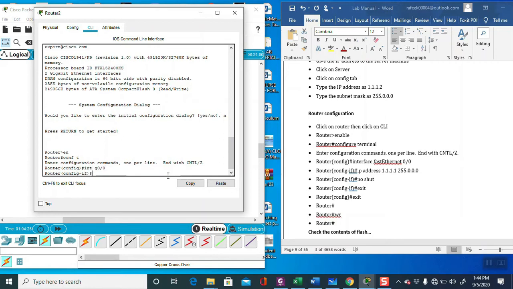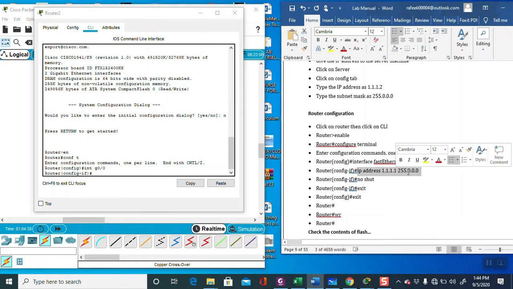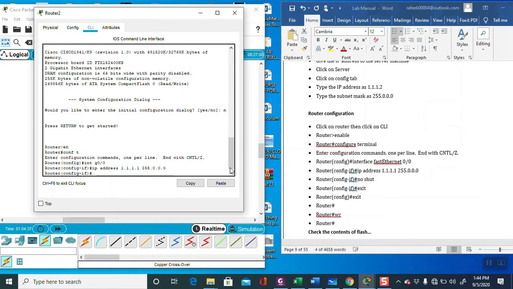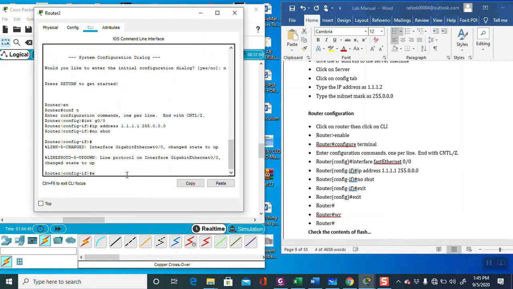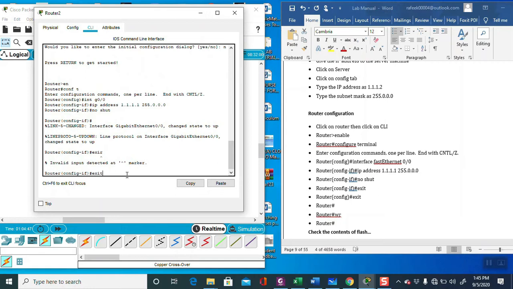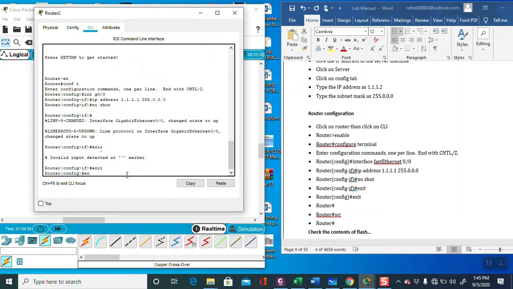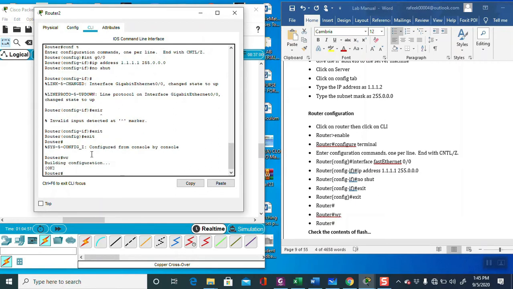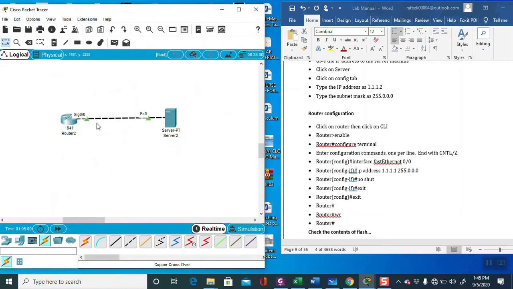Regarding the IP address, use the same command, so you can copy and paste here. Now no shutdown, exit. Whatever configuration we have given, just put the wr write command and it will be saved. Now see, all interfaces are on.